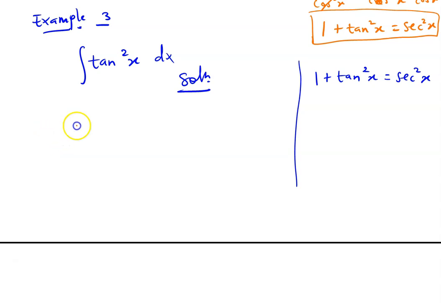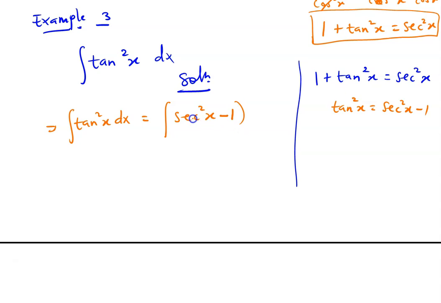With this one, I can make tan squared x the subject. So tan squared x is equal to sec squared x minus 1. So I can substitute it into the relation. The integral of tan squared x dx is equal to the integral of sec squared x minus 1 dx. So this is the same as the integral of sec squared x dx minus the integral of